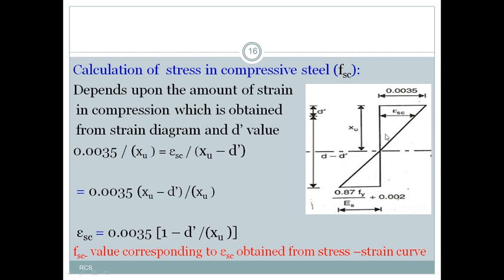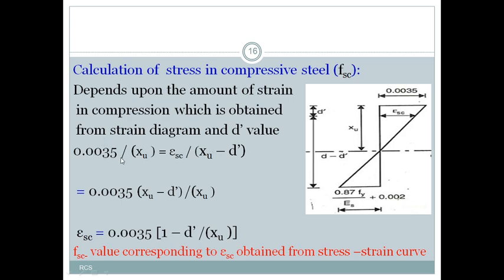And 0.0035 is the maximum strain, and this is the strain in tension. So by having this, there are two triangles, this triangle and this will provide another triangle. For both the triangles we have a same side, so I can call it a similar triangle. By using similar triangle principle, I can calculate what the compressive strain is. So let us apply the similar triangle principle, that is this width by this depth will give me one condition, and this width by this depth will be total XU. If you deduct this d dash, it will give XU minus d dash.